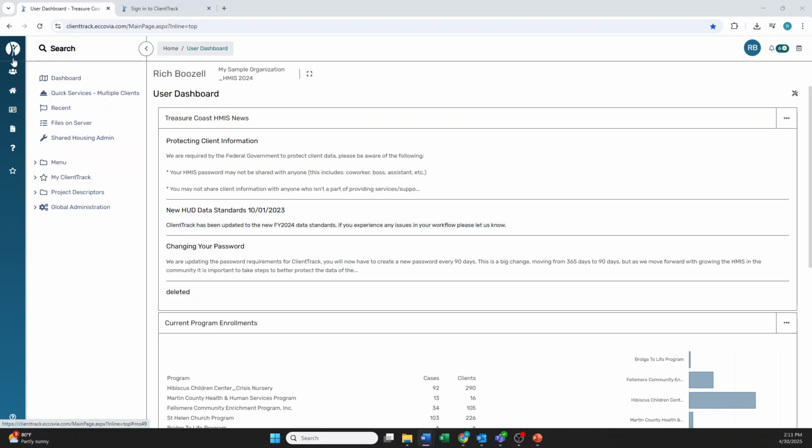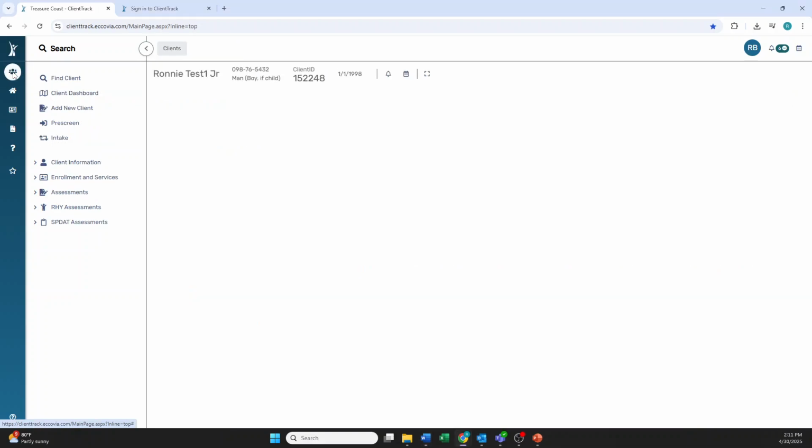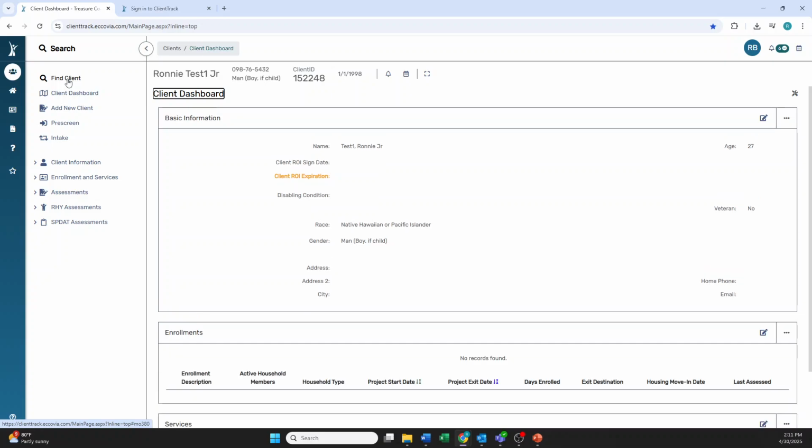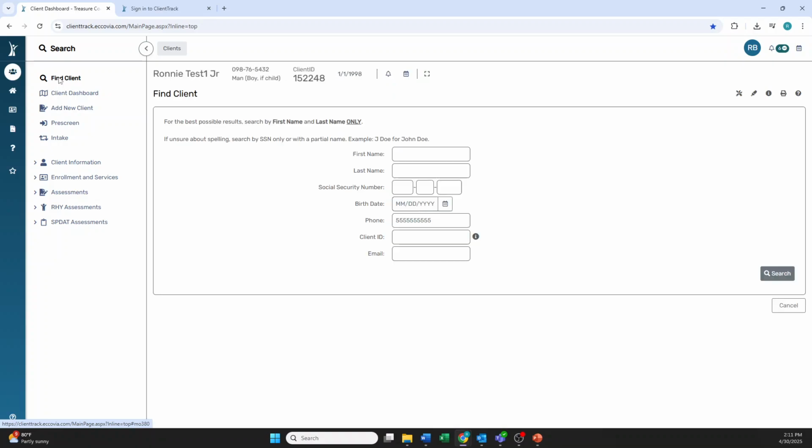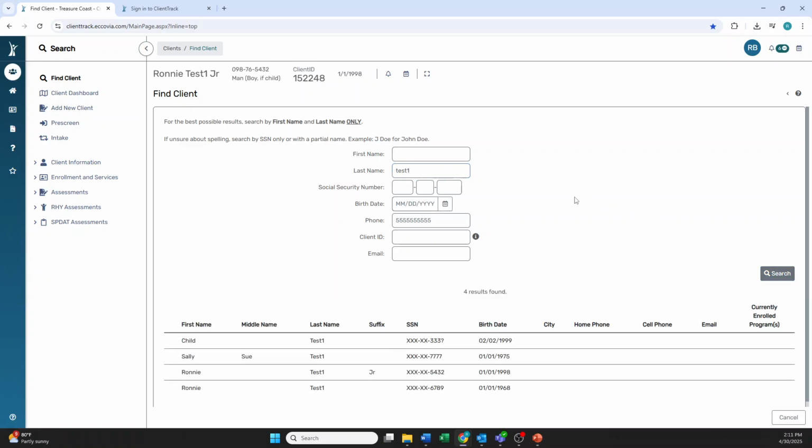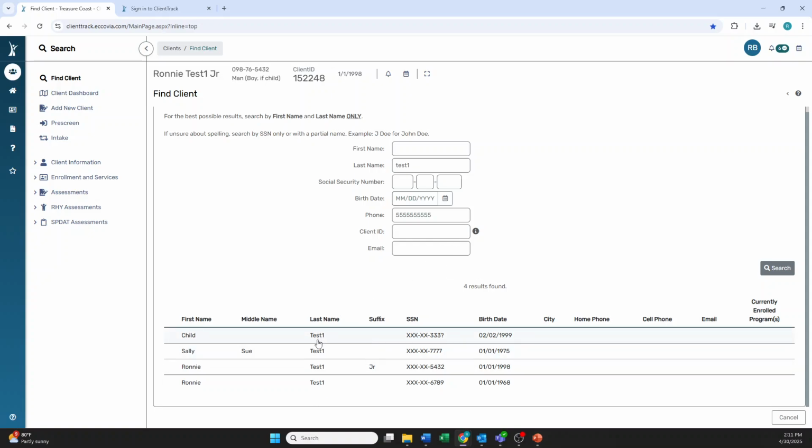And I'm going to do that by clicking up here on the client's workspace and then find client. And the best way to search for an existing client record is to start with the client's first and last name. In this example, I'm going to start with the last name, test 1, and I'm just going to search by the last name. And you'll see here that I have 4 clients that are in the system with the last name of test